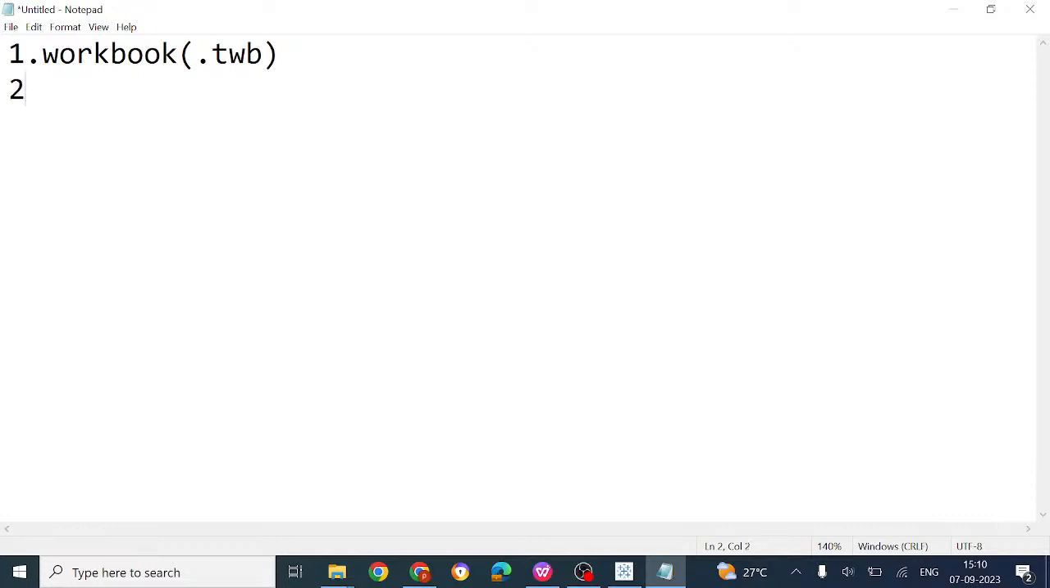Coming to the next one, the second one is bookmark. For this the shortcut is .tbm, bookmark means BM. And the third one is extract. If you want to extract the data, the extension we have is .hyper. Coming to the fourth one,